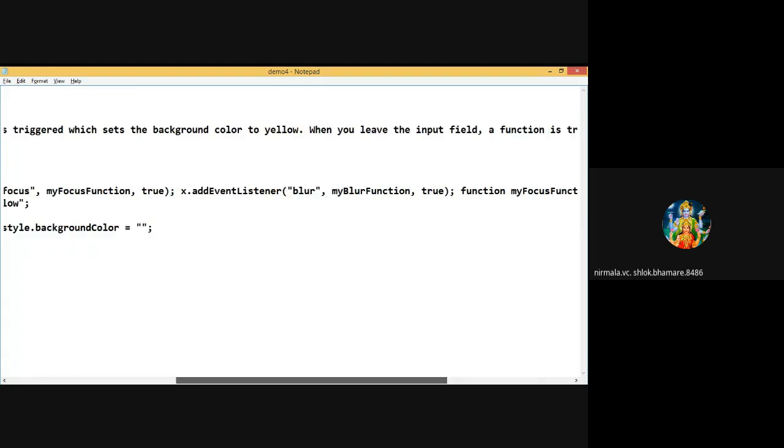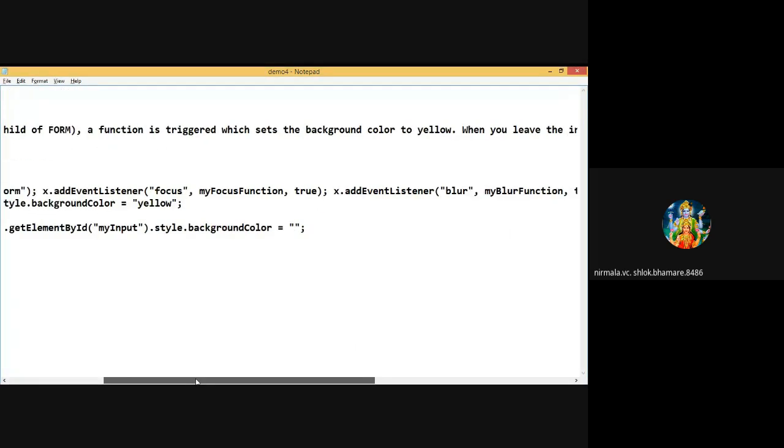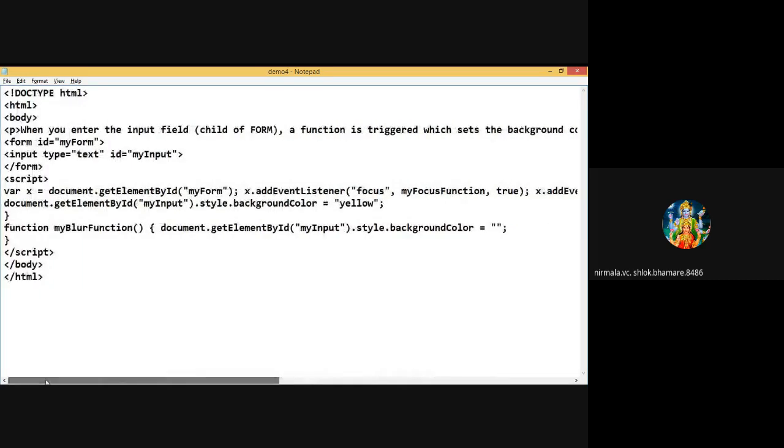Function myFocusFunction: getElementById myInput, set background color to yellow. Now function myBlurFunction: getElementById, set background color to white. Okay. Now we will run this program.